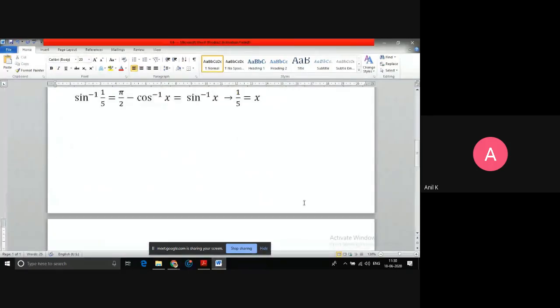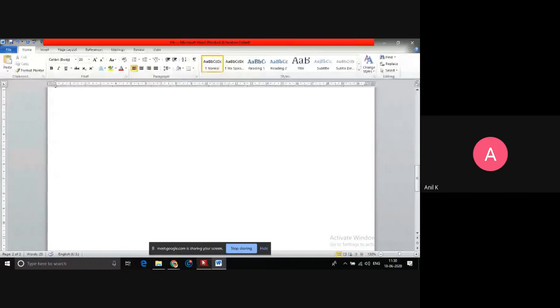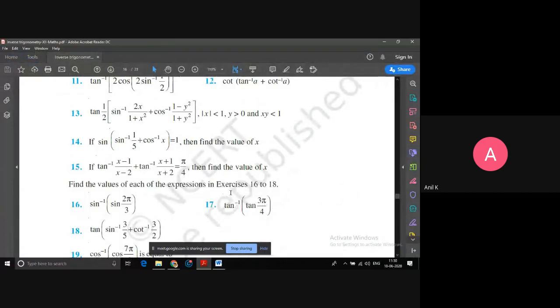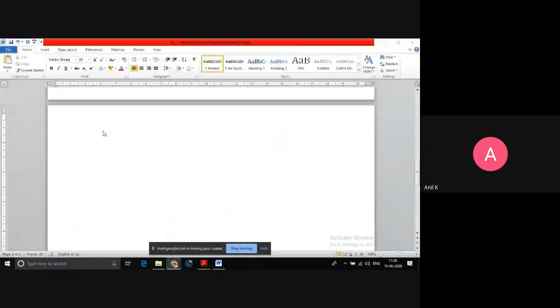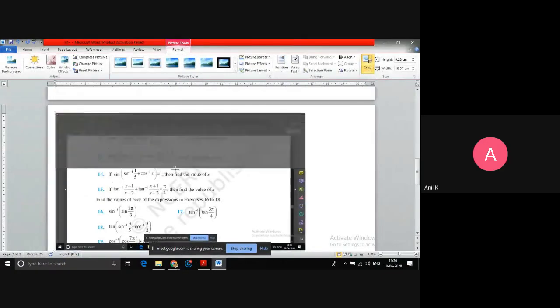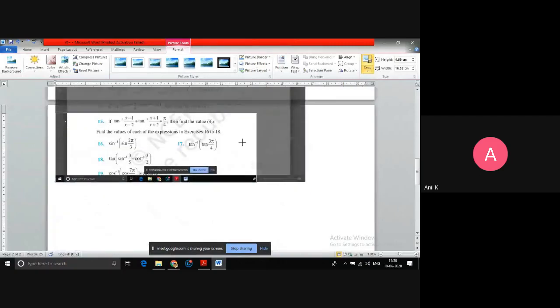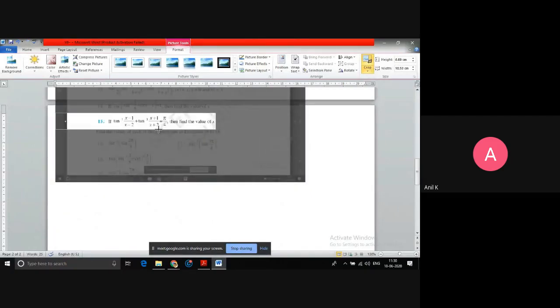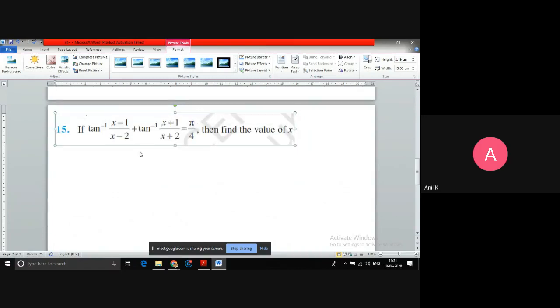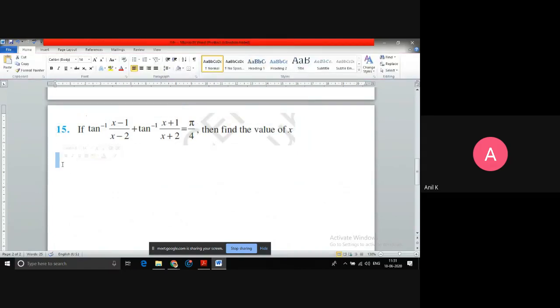Let me go to the new page. Where is this question? Okay, question number 15. It is a little bit lengthy to type, so what I do is I'll go for the screenshots. I think with this I can save less time. It's simple only, but it will take me time to type step by step, but okay, we'll try. Because there will be a one short question based on this topic, especially based on the tan inverse x plus tan inverse y formula only.